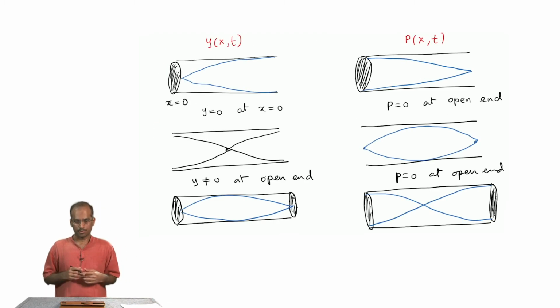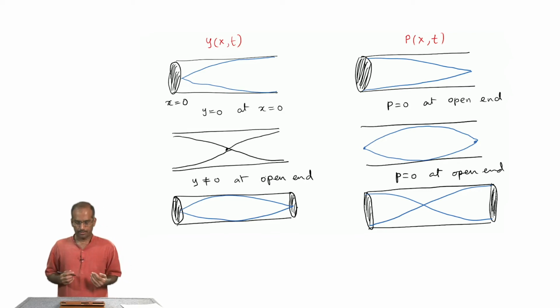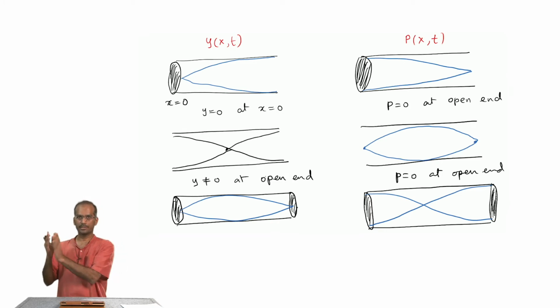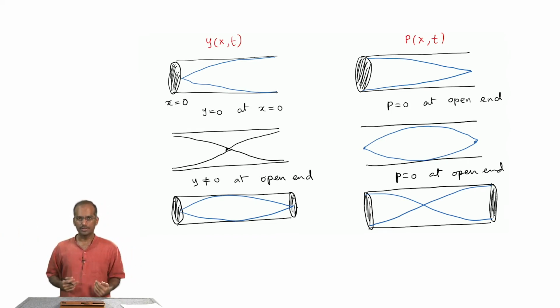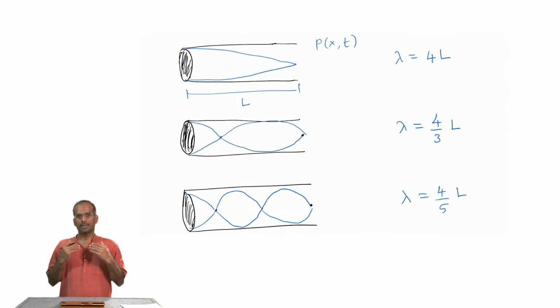And we discussed the boundary conditions. At the open end, the displacement is not equal to 0, but the excess pressure is equal to 0, simply because at the open end the pressure has to be continuous with the atmospheric pressure, which is lying just outside your cylindrical body. So, with these boundary conditions, we also saw the progression or systematics of